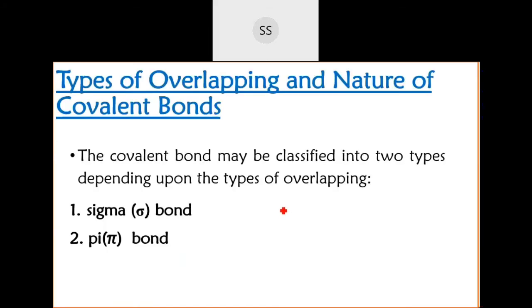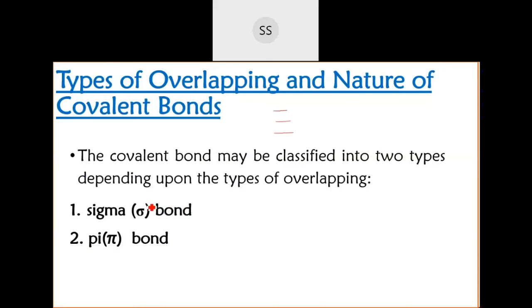So the types of overlapping, I said there are different types of overlapping and the bond formed will be of different category. See, Lewis concept could not explain. Lewis said whatever bonds are there, they are of the same category. He did not tell us what type of bond it is. But here, when you are taking VBT into consideration, you get to know that there are different types of overlapping happening. And when the overlapping is different, the types of bond formed are different. So different overlapping leads to different bond formation.